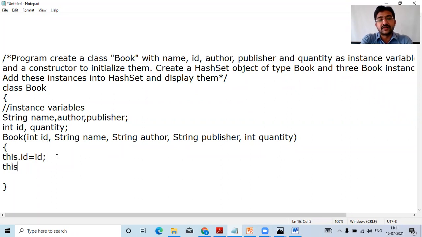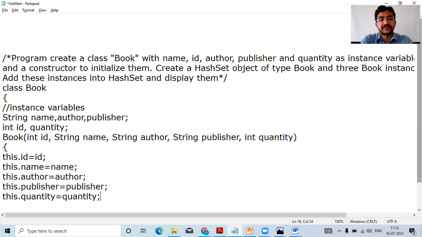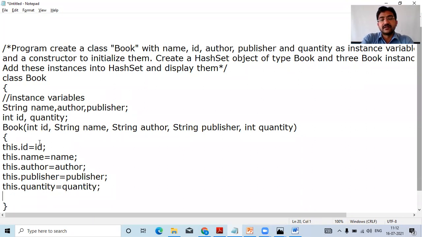Similarly, this dot name equal to name, this dot author equal to author, this dot publisher equal to publisher, this dot quantity equal to quantity. Okay, so this is how we initialize.